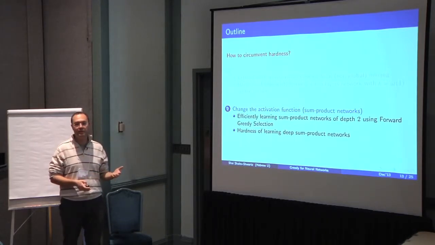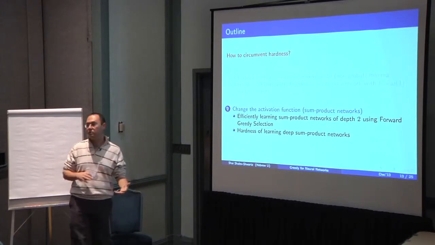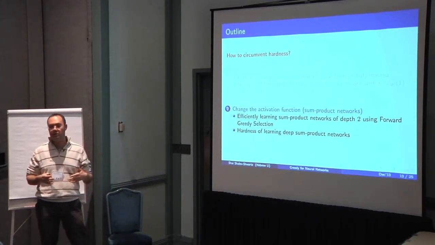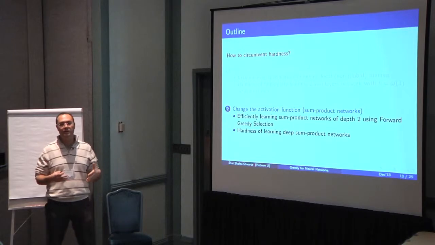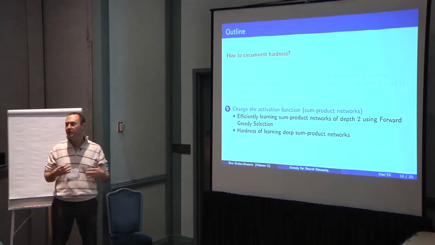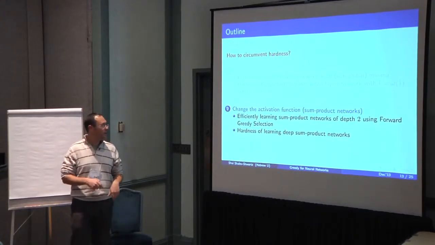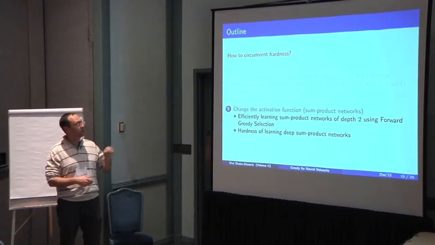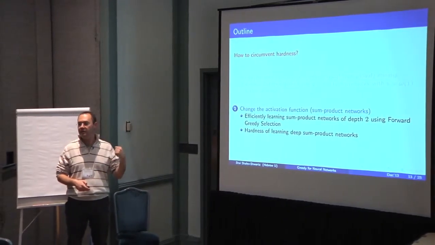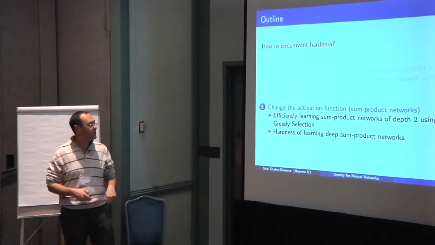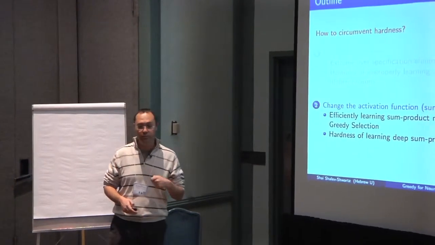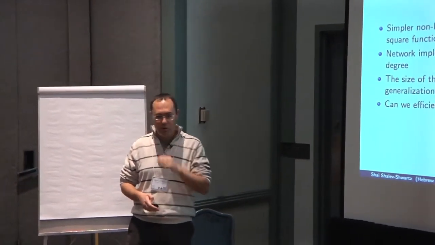So what we obtain is what people in neural networks call sum product networks, because basically what the network does is just summing numbers or taking multiplication of numbers. This is the only thing that we do. And I will show you that it is possible to efficiently learn some product networks of depth 2. Okay, so